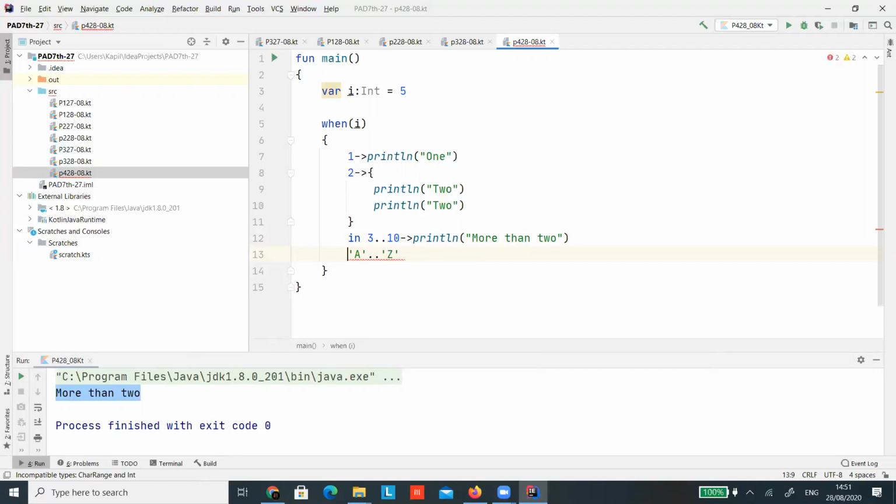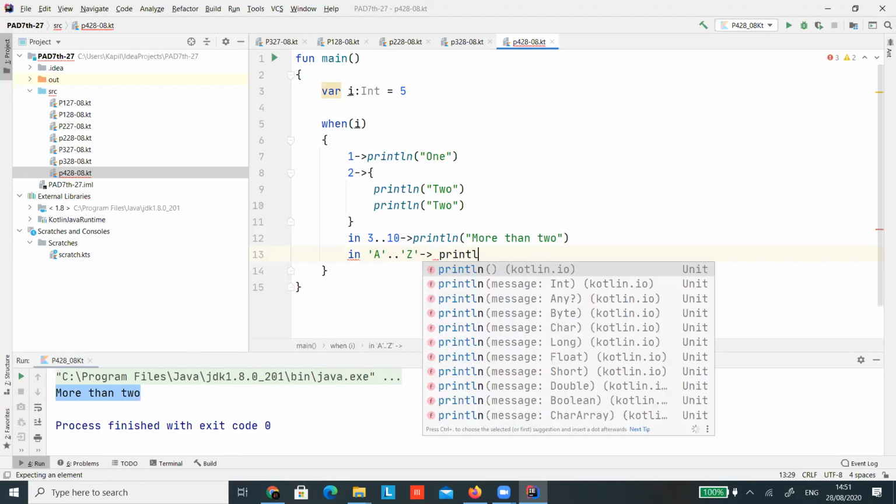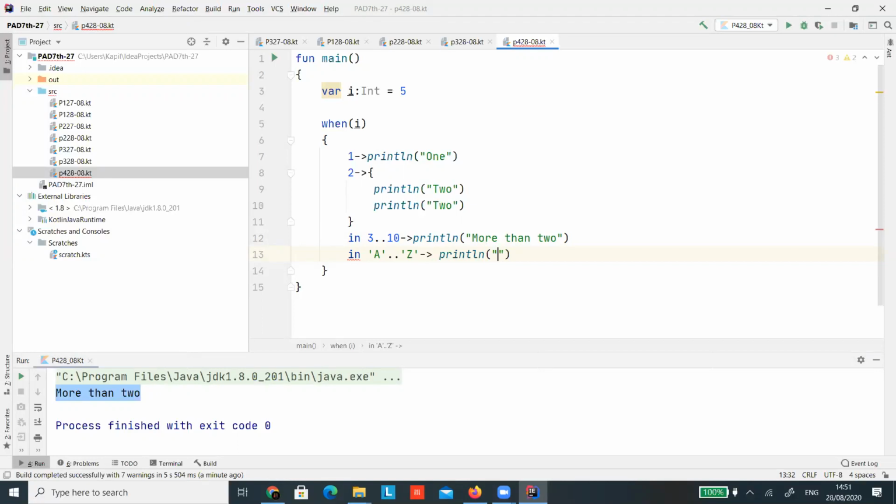Okay, if I am writing in this way, let's see now whether it is allowing the characters or not. If not allowing, then what will be the error?